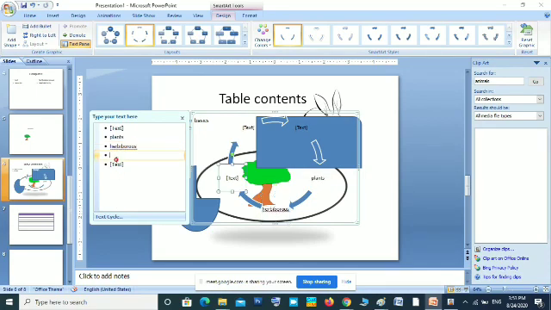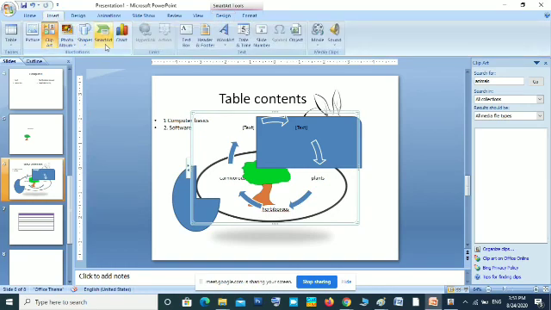Then carnivorous animals will be eating herbivorous animals. In this way you can display the life cycle when you are talking about life cycle in your biology subject or any other topic. If you want to display a cycle, this type of SmartArt object you can insert.